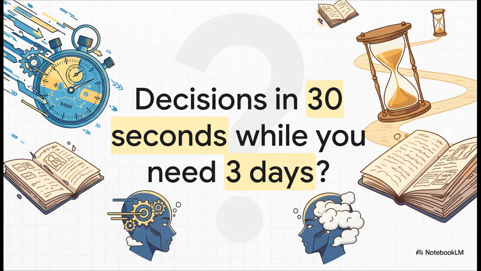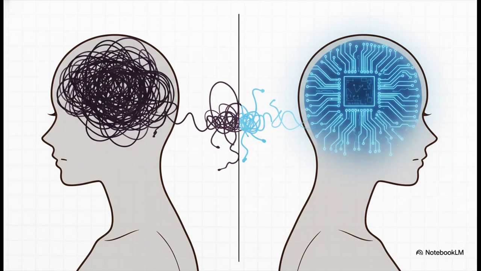So, let me ask you this. Have you ever been in a situation with a coworker who makes a huge decision in like 30 seconds, while you're sitting there thinking you need 3 days to process? Or, that one person who talks for what feels like 10 minutes before they even get close to the point? Yeah, we've all been there. It can be maddening. But here's the big reframe.